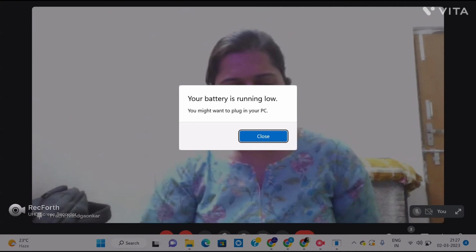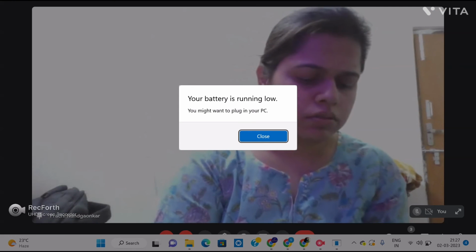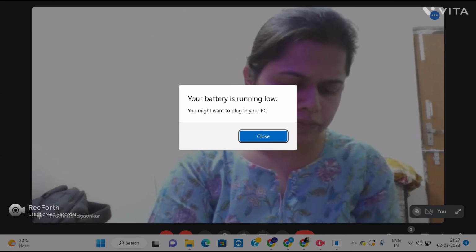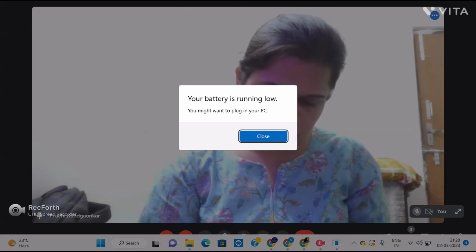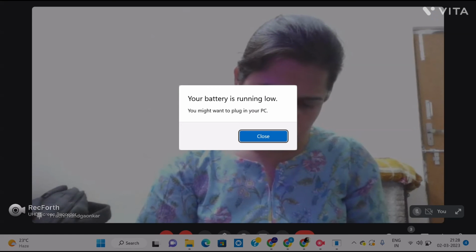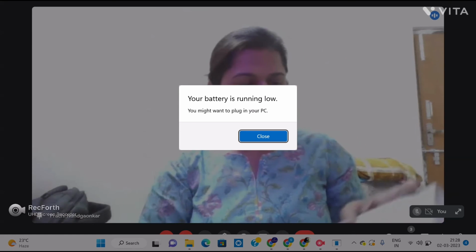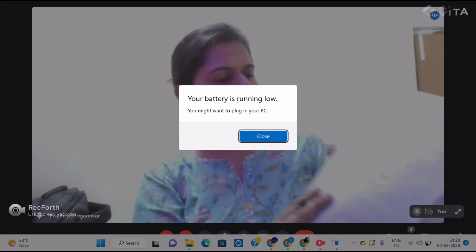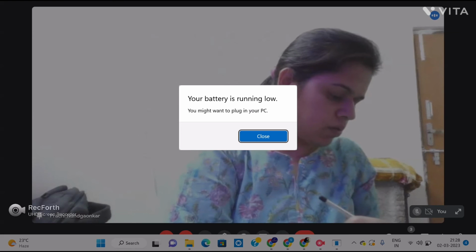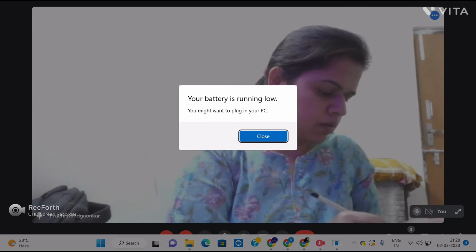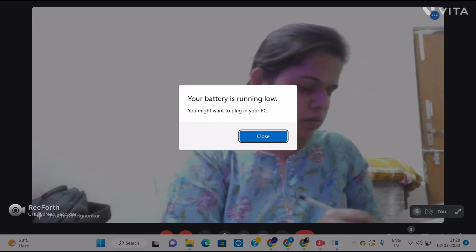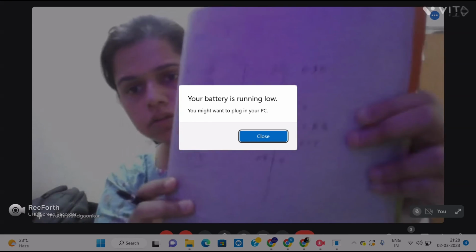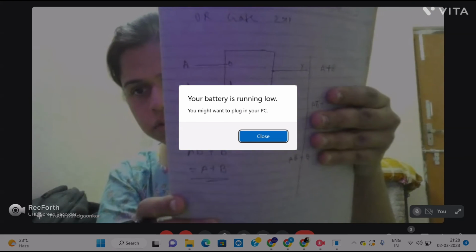And a few more digital questions I would like to ask. Would you please draw an OR gate using a 2x1 mux? It is A plus B. A B bar plus B plus B bar. Yes, sir. Show it. So, one second, sir. A B bar plus B is equal to A plus B. B plus B bar is A plus B.